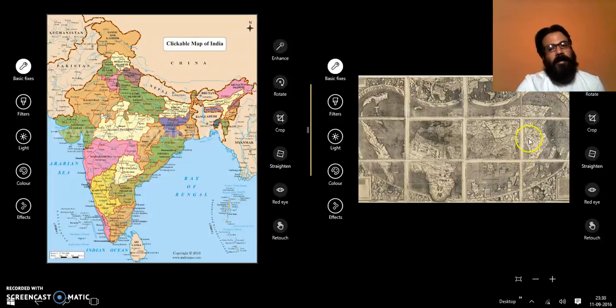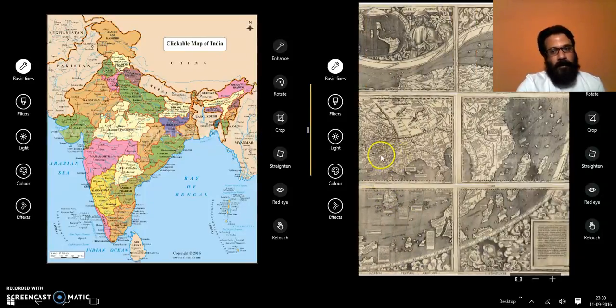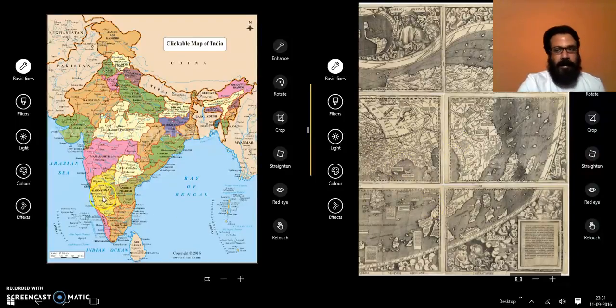So it's very interesting to see this map of India. I mean, this is India. Okay, now we're going to zoom in. And here is present day India right here. So I'm wondering how much distortion there has been, even in the map of India. And from what I'm making out from my research, the north has been pretty much distorted, and India is way more elongated than it actually should be. I mean, this northern part again has been distorted